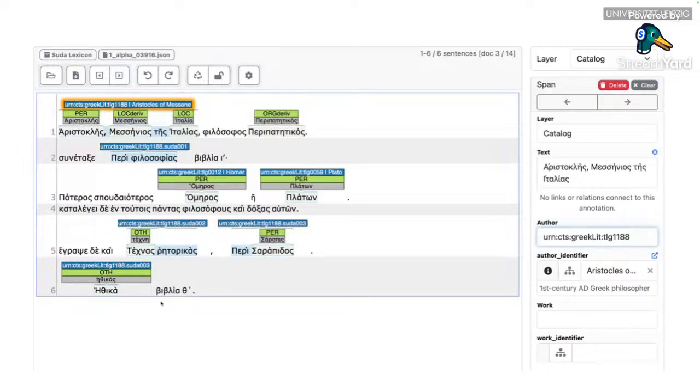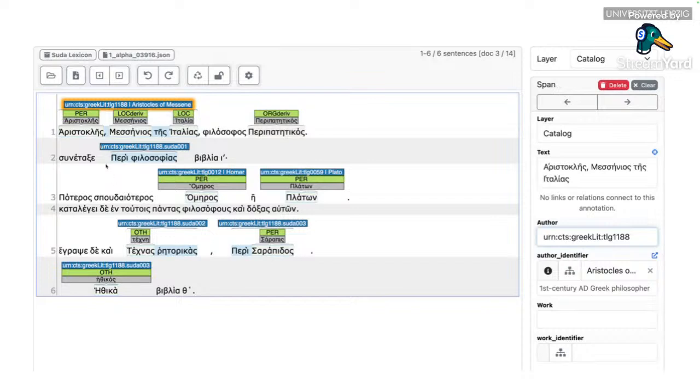Even if we don't read ancient Greek, through this interface we can individuate the 3 layers of annotation. First, in gray, we have the lemma for each inflected form. Then we have in green the layer with the so-called named entity, where we can disambiguate if a word or a token is a personal name, a place name, an organization, or something else. And then we have a third layer where we further disambiguate these entities,